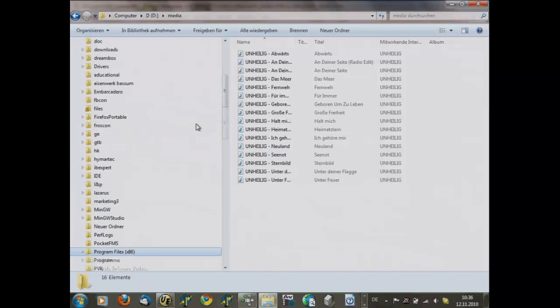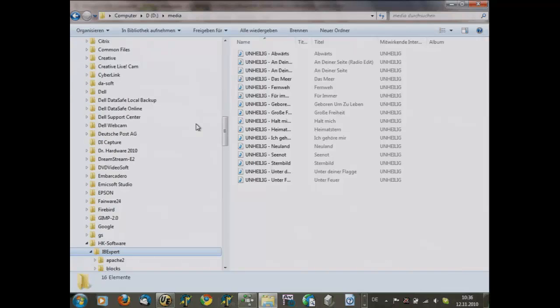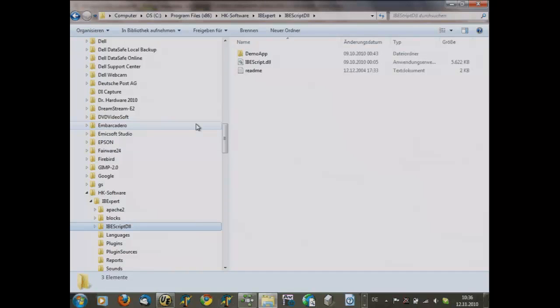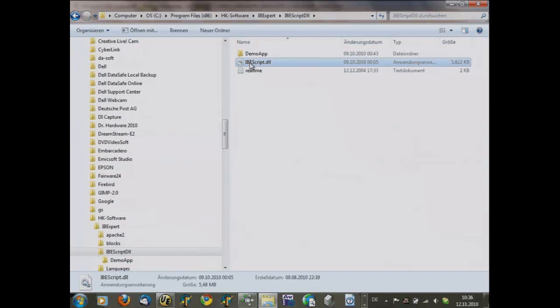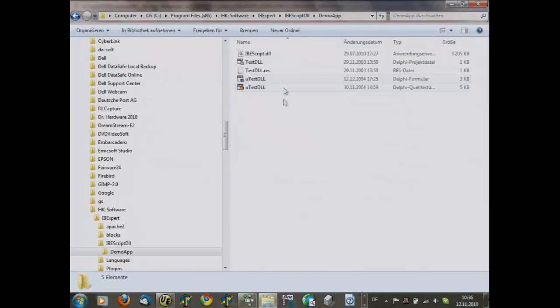Similar functionality can also be used from a DLL. You can also use this as an IBEscript DLL, which has the same functionality.